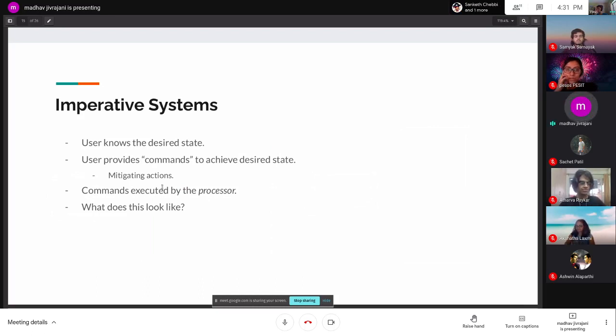Then the user also provides commands to reach that particular state. So whatever state change happens, whether it is intended, that is by the user itself, or unintended, that is something else might happen in the environment or around the current state, to account for all of those changes and to finally drive the system to where you want to be, the user is the one who issues the commands to make that change happen.